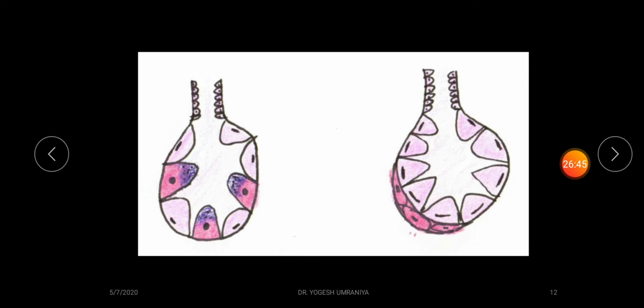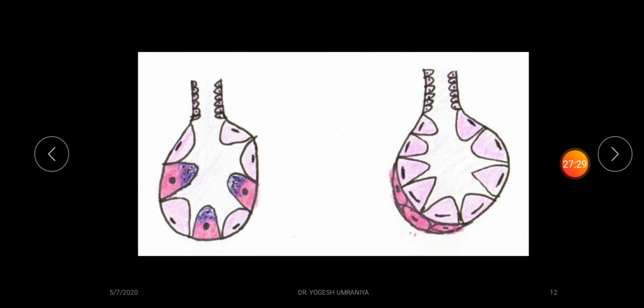So whenever we are using the formalin type of the fixatives, the mucin present within this mucous cell as well as the lumen, that is going to expand or swell. Due to this expansion and swelling of this lumen as well as the mucous cells, the position of these serous cells which are not going to be swelled is changed, and that is located here in the form of the half moon shaped or cape like structure forming over the mucous cells. So that is termed as the serous demi-lune.